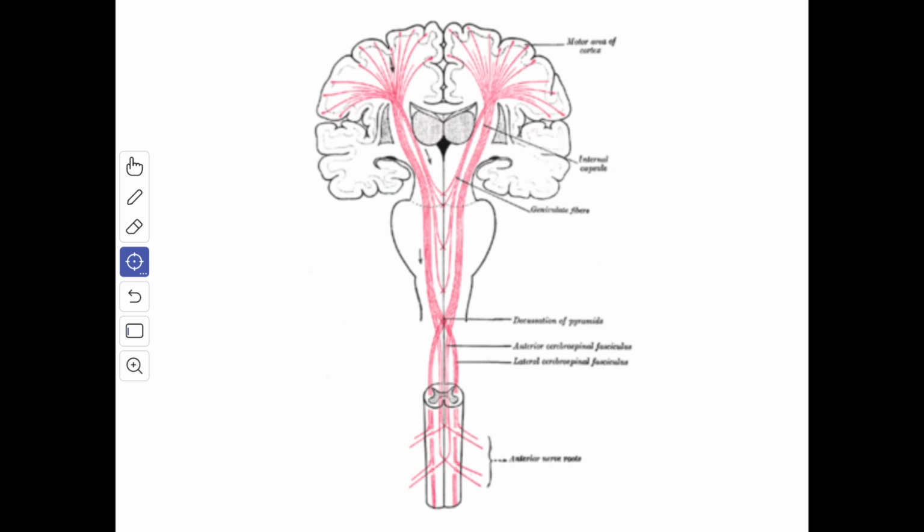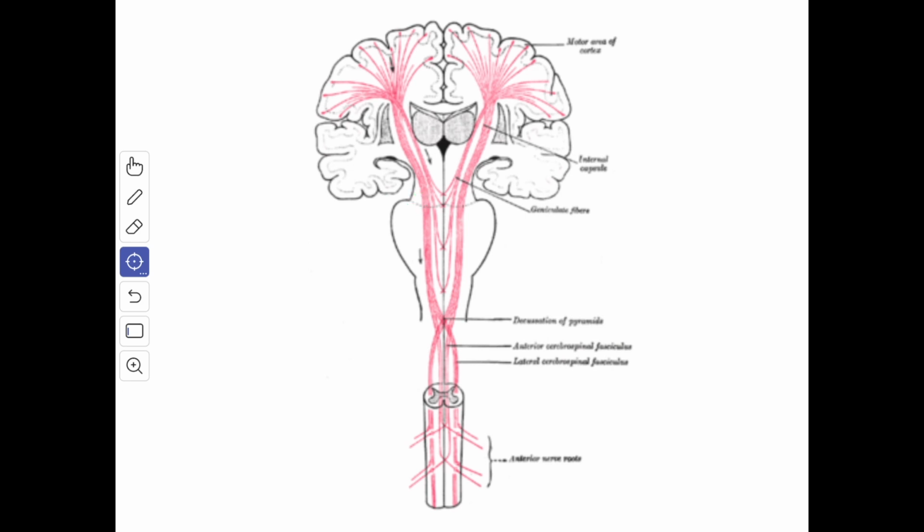The most important bundles of projection fibers are the internal capsule and the fornix. In this video, we'll study the internal capsule in detail. The internal capsule is a compact bundle of projection fibers between the thalamus and the caudate nucleus medially and the lentiform nucleus laterally. These fibers fan out rostrally to form the corona radiata and they condense caudally to form the crus cerebri of the midbrain.